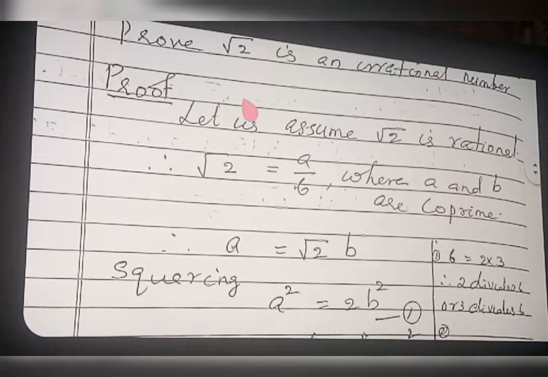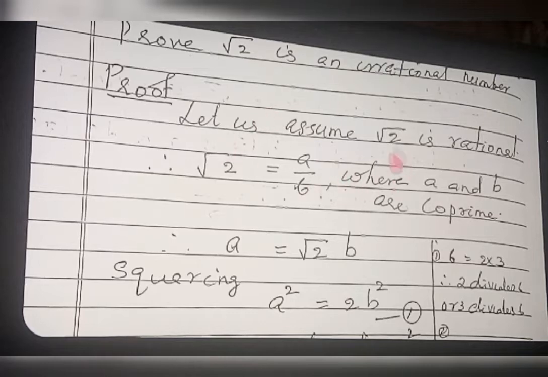Go through the proof. See here. If root 2 is a rational number, directly you can't prove it. Therefore, we are using the indirect method. What do we want to prove? We want to prove root 2 is irrational. So we will take a statement against it, meaning its opposite statement. What is its opposite statement? Root 2 is a rational number. In this way we start, and in the end we will get a wrong conclusion, meaning what we started with is wrong. That is the method. We have studied this method in 9th standard.